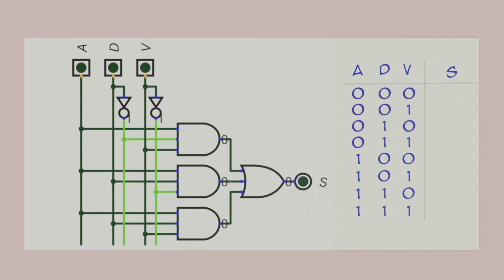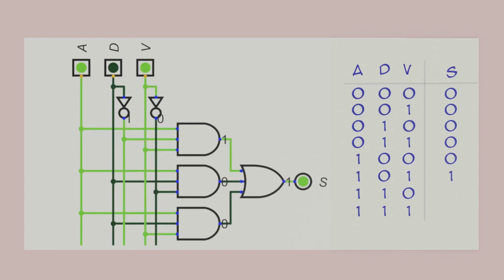In this run through, if we have dark green wires, that means off or 0, and the light green wire means on or 1. So 0, 0, 0 gives 0 output as required. I'll step through the others quickly. 0, 0, 1 outputs 0, 0, 1, 0 outputs 0, 0, 1, 1 outputs 0, 1, 0, 0 outputs 0, 1, 0, 1 outputs 1, 1, 1, 0 outputs 1, and 1, 1, 1 gives 1. So our circuit is the same as our truth table, which means we now have a logic circuit for our